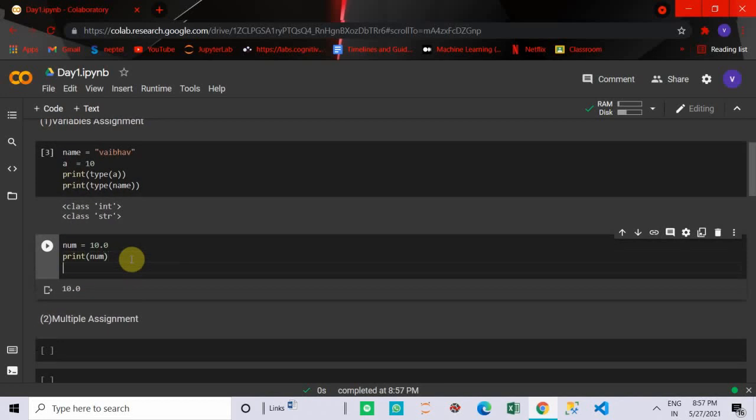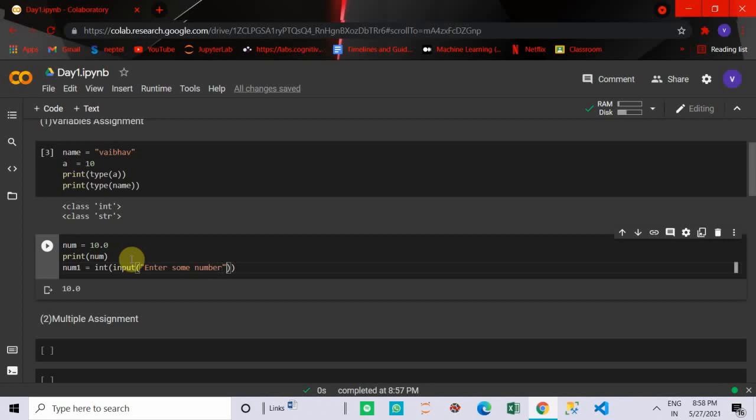Suppose you want to take input from the user, then you can use the input method. Basically in the input method you have to write something like num1 equal to int input, enter some number.